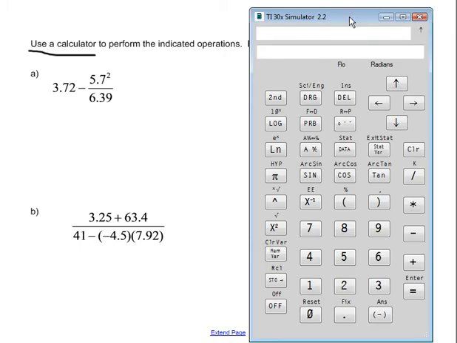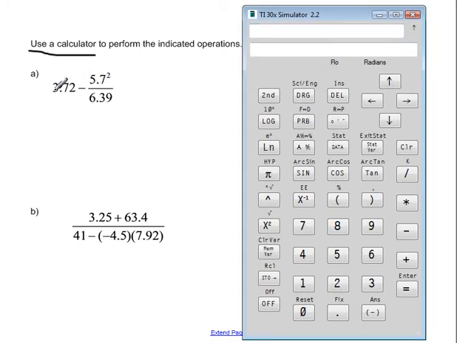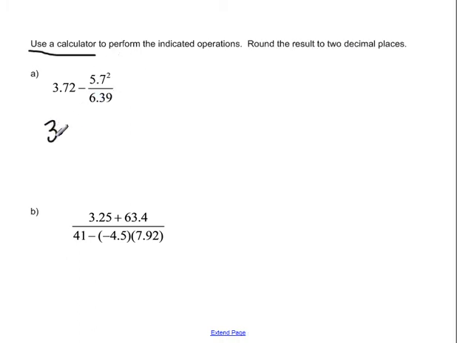And so we can see that we're going to have 3.72, and from that we're going to subtract a quotient. And we're going to subtract the 5.7 squared divided by 6.39. And so in a problem like this, remember when we put it into our calculator, we don't get to use the stacked fractions like this. We would need to enter in something like 3.72 minus 5.7 squared divided by